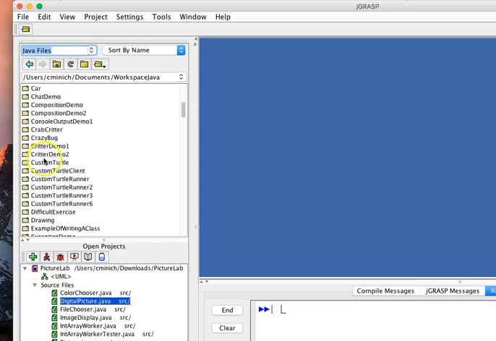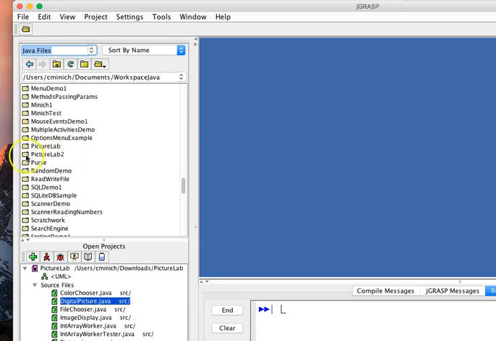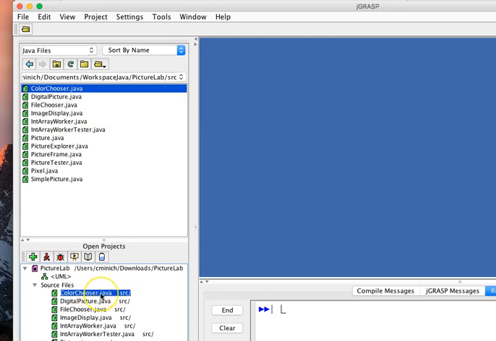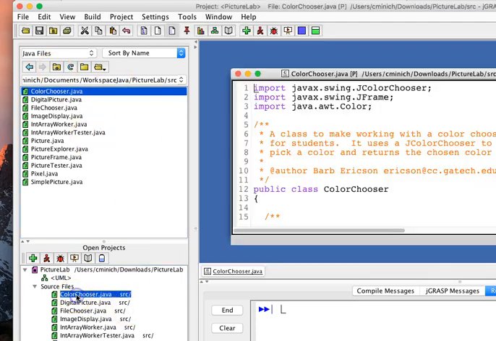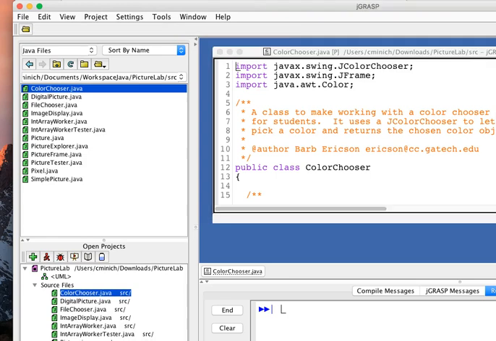It's not really best, in my opinion, for a beginner to be moving around in here and double clicking and opening up files, because that's not really opening a file. If you double click, say, ColorChooser here, it's not as good as double clicking it here, for reasons I don't want to really elaborate on. At any rate, I'm double clicking ColorChooser.java here, and this is the first thing that Barb Erickson wants us to do in what's called A2, assignment 2, that's part of the 28 or 30 page PDF that you would download